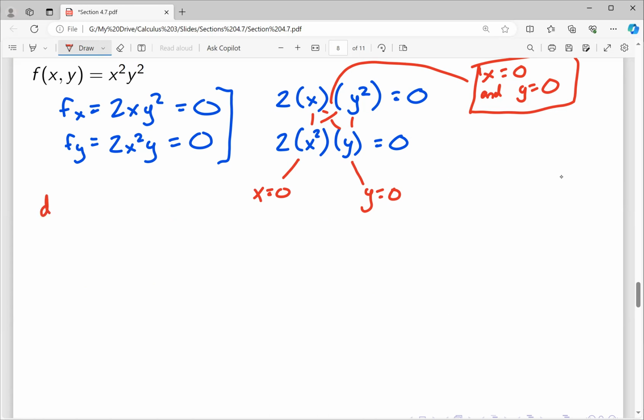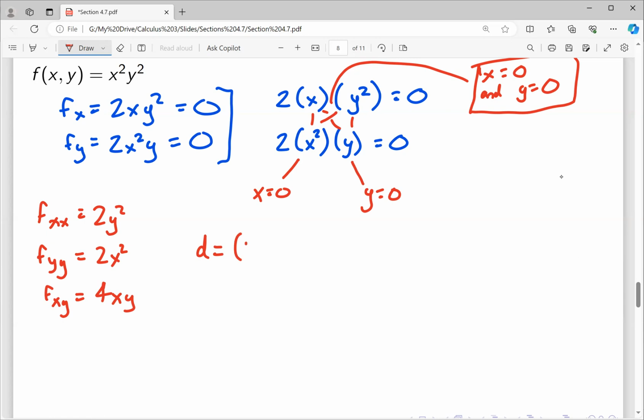So d equals, well, first we've got to calculate our second derivatives. So fxx equals 2y squared. Fyy equals 2x squared. Fxy equals 4xy. So then d equals 2y squared times 2x squared minus 4xy squared. So then that gives me